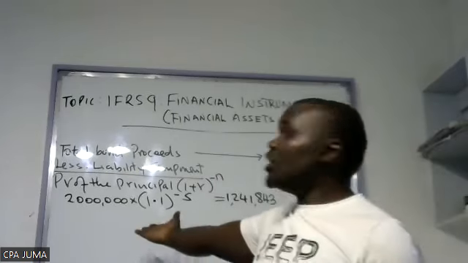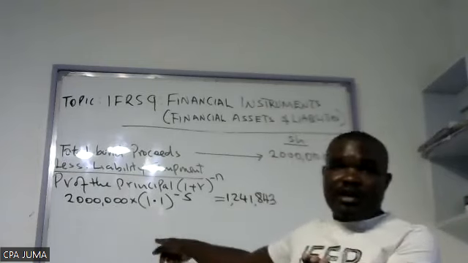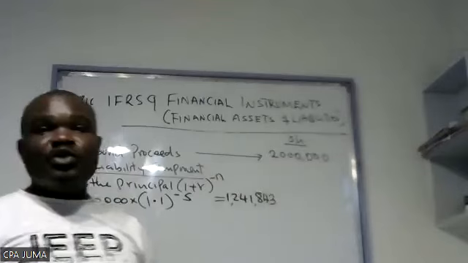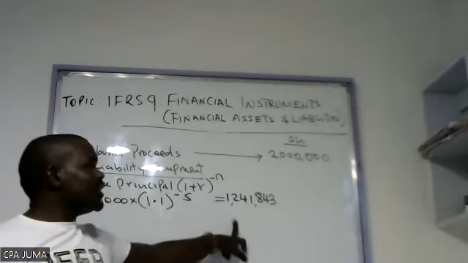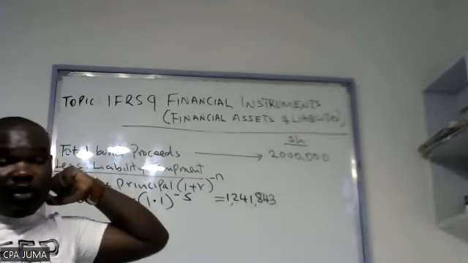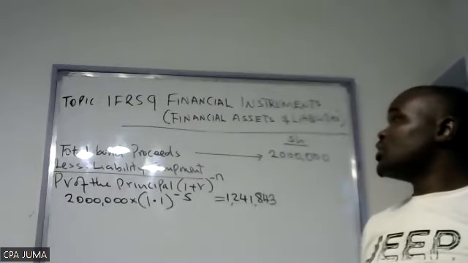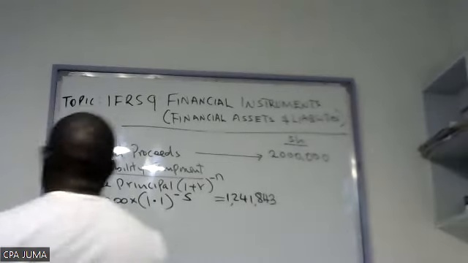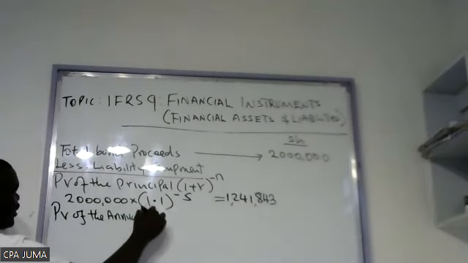This one you can do on your own, by the way. Here, your central bank rate is 13 or 14 point something, so you just check. But I will lose 800,000. Now, when you bring that complaint, we are giving you interest. We shall be giving you interest at 6% every year. So let's bring up the interest. So the present value of the annual interest.